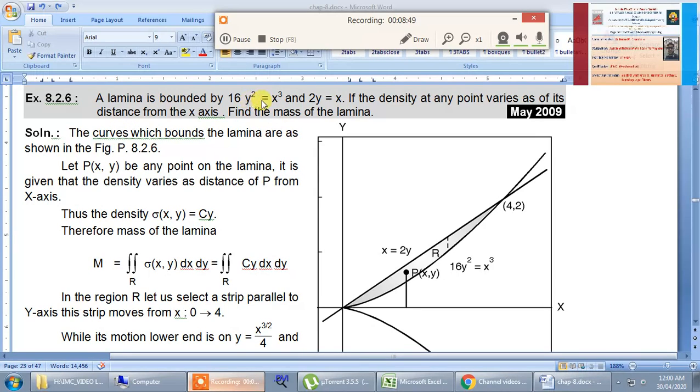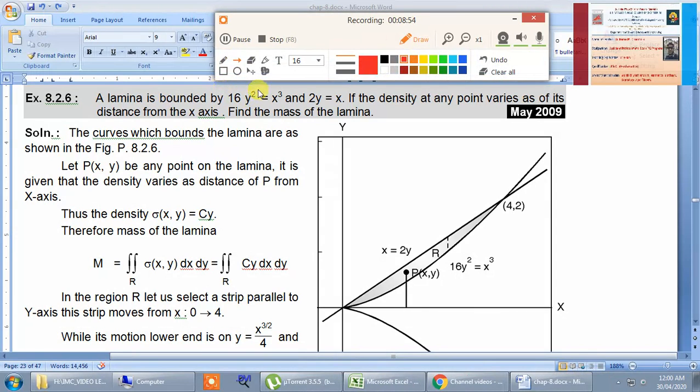This curve y square equal to x cube is symmetrical about x axis because all powers of y are even. It is not symmetrical about y axis because all powers of x are not even. If you put x equal to 0, y will be 0, and if you put y equal to 0, x will be 0, and if both are 0, equation satisfies, therefore it passes through origin. And for the tangent at origin, the lowest degree term is y square. If we equate y square to 0, we get y is equal to 0. Y is equal to 0 means x axis is acting as a tangent.